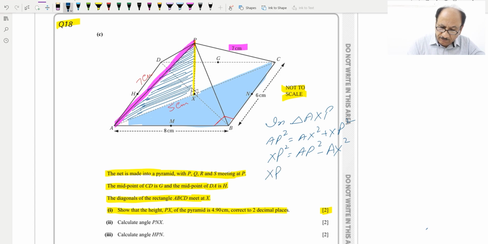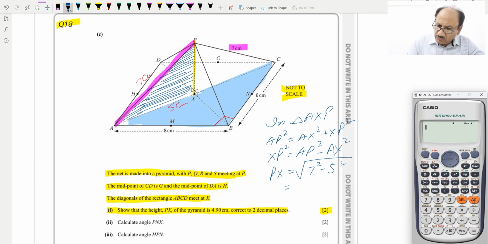So XP, or PX, whatever, so we'll write PX is equal to square root of AP, which is 7 square, minus AX, which is 5 square, and this will be equal to square root of 7 square minus 5 square, and this is equal to 2